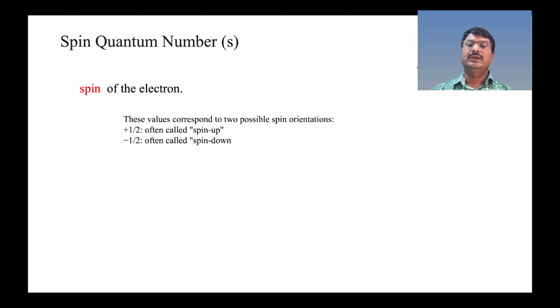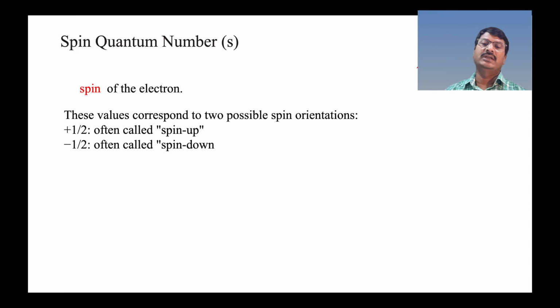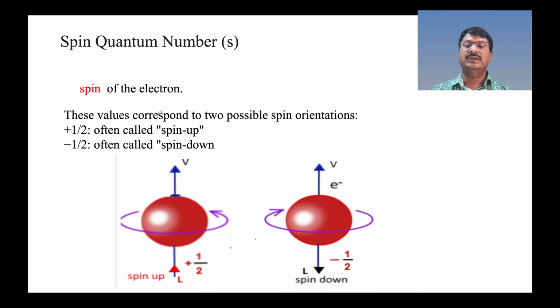And next let us come to spin quantum number. Generally the spin quantum number gives the information about the spin of the electron. In any given orbital, the electron has two types of orientation, which is called spin. It may be present in the clockwise direction, or it may be present in the